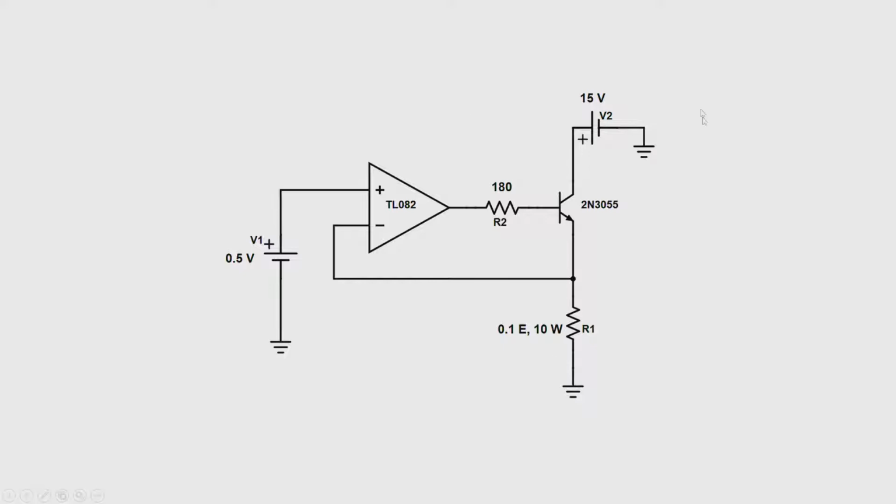Now if you carefully look into the working of the circuit, the current flowing through this R1 resistor entirely depends upon the voltage drop generated across R1, and the voltage drop across R1 is due to the voltage connected at the positive terminal of the operational amplifier. Higher the voltage, higher the drop across the R1 resistor, and as a result higher the current flow. Lower the voltage, lower the current, so lower the heat dissipation across the transistor.